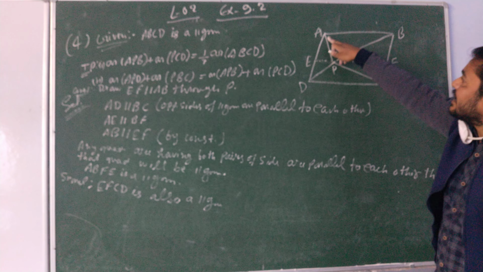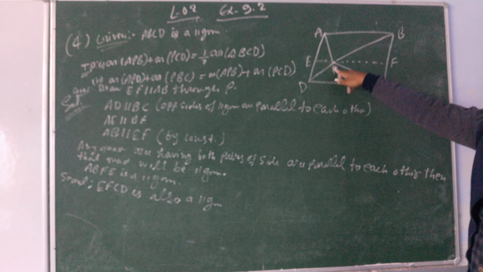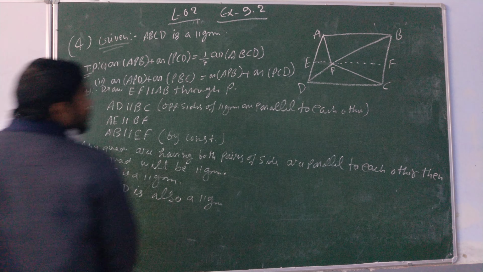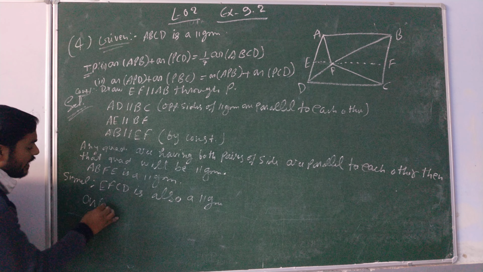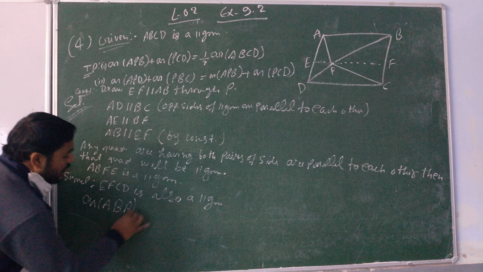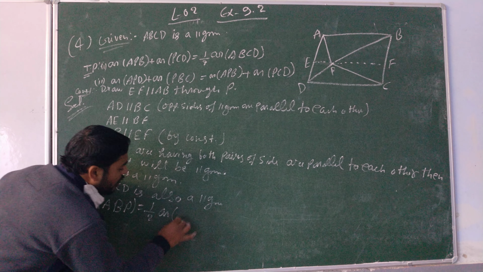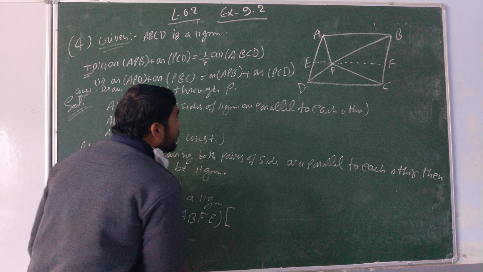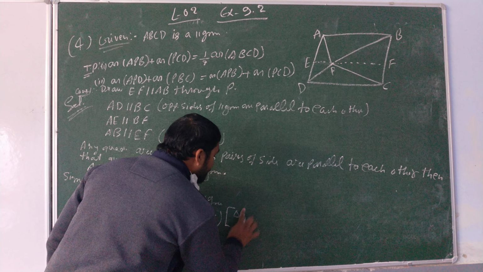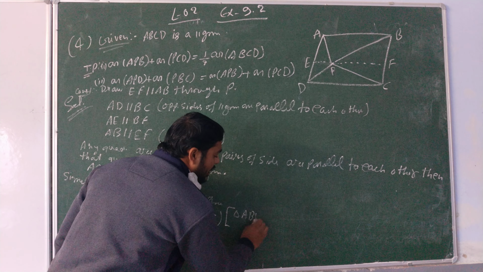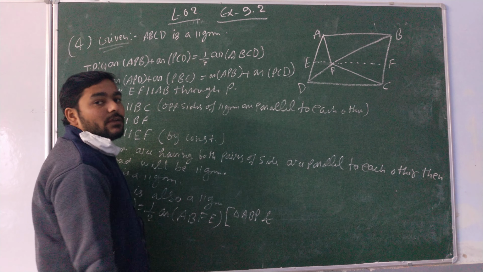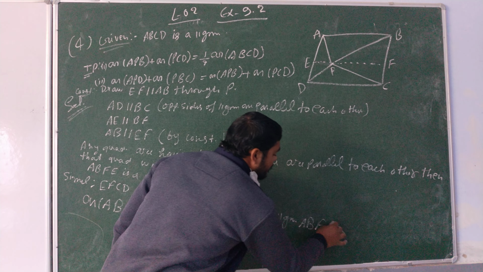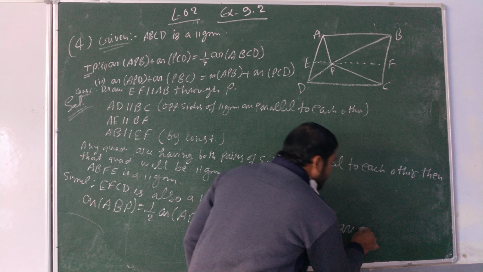So the area of triangle ABP is equal to half of the area of parallelogram ABFE, because triangle ABP and parallelogram ABFE are on the same base